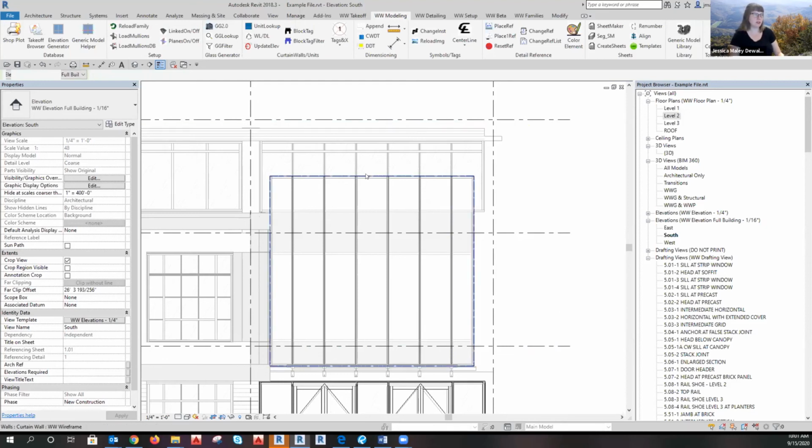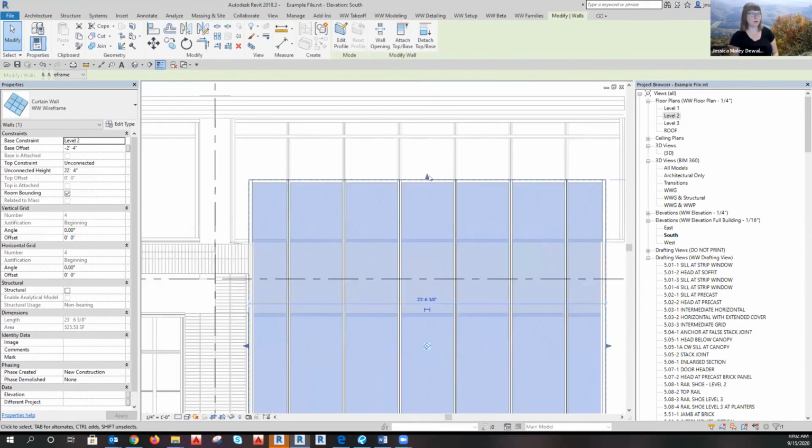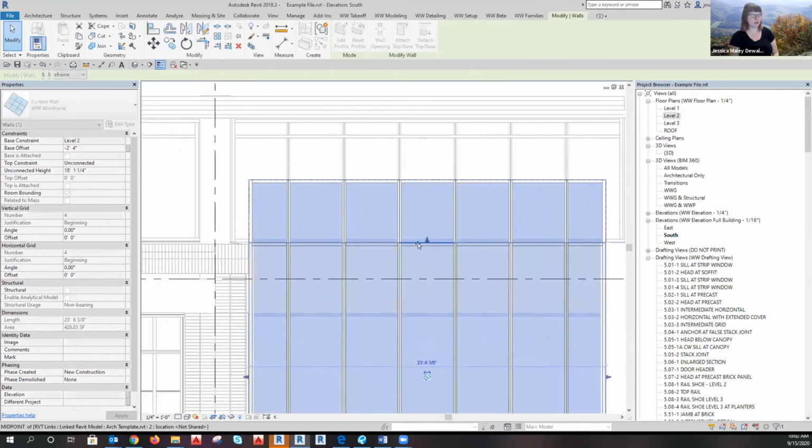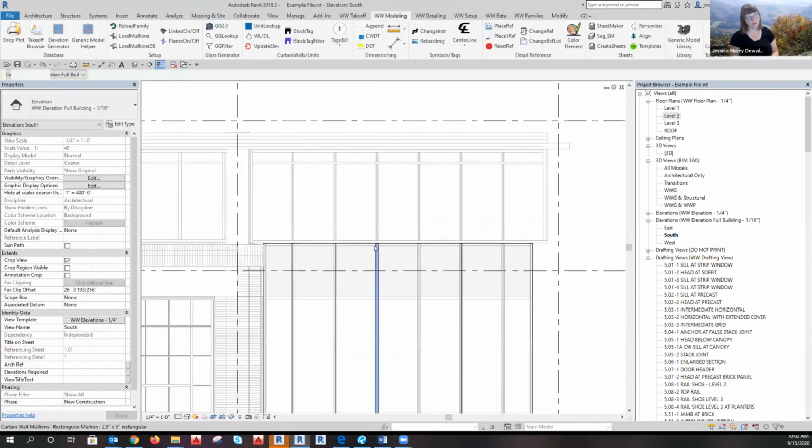So what we're going to do instead is actually model this curtain wall as 2 different curtain walls. So this bottom curtain wall is going to be from the head of the stack joint at this level down. So right now I'm just going to drag it for this lesson just to the bottom of the mullion. Really, if you're working on this,